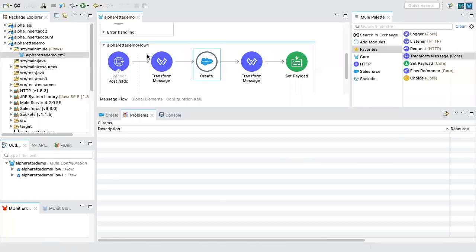Why? Because it is actually connecting to the Salesforce. Now we have a process layer where we read the data from the system layer and do some computation logic, which is this one. So this is the process layer. The process layer got the data from the experience layer, went to the system API, the system API returned this to the process layer, and the process layer returned this to the experience layer.